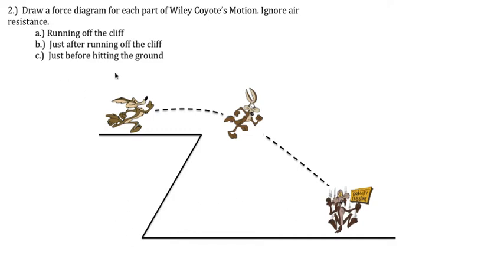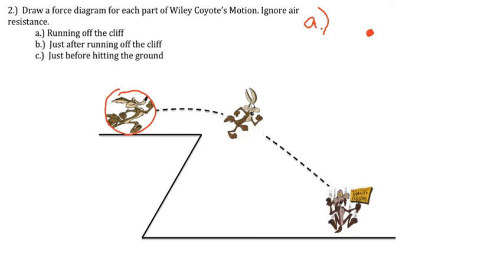So remember, on part C he's still falling, it's just right before he hits that bottom ground. Okay, I didn't leave a good space to do this, so what I'm going to do for the video is put the force diagram for A up here. On part A we're doing this part of his motion while he's running on the cliff. So we're going to have a dot representing Wile E. Coyote,